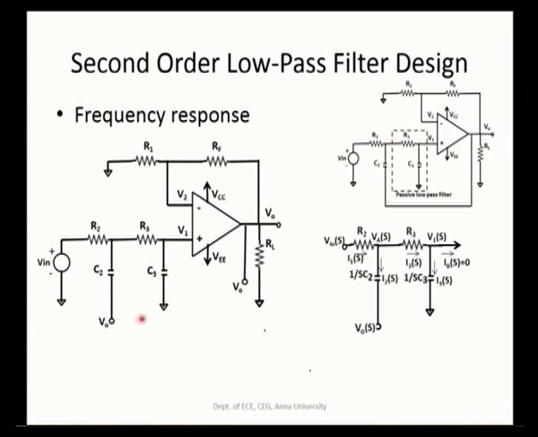This point is taken as V0, which is the output voltage. This is a passive filter, and we will find the relation of V1 in terms of V in, then relate V0, the output voltage, in terms of V1, and then find the relation of V out in terms of V in. So, now with the passive one,